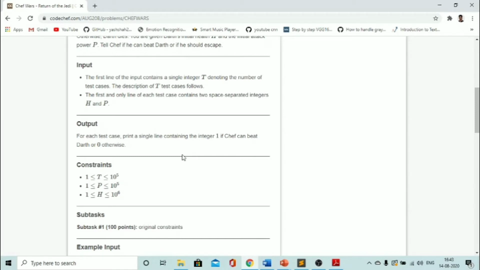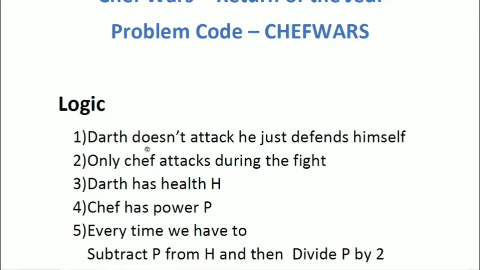Now let's see the logic of the program. So these are some points to consider. Please note that Darth doesn't attack, he just defends himself. Chef only attacks during the fight, and Darth has a health H, Chef has a power P, and every time what we have to do is subtract P from H and then divide P by 2, and we will do this process till both the values of H and P are positive,